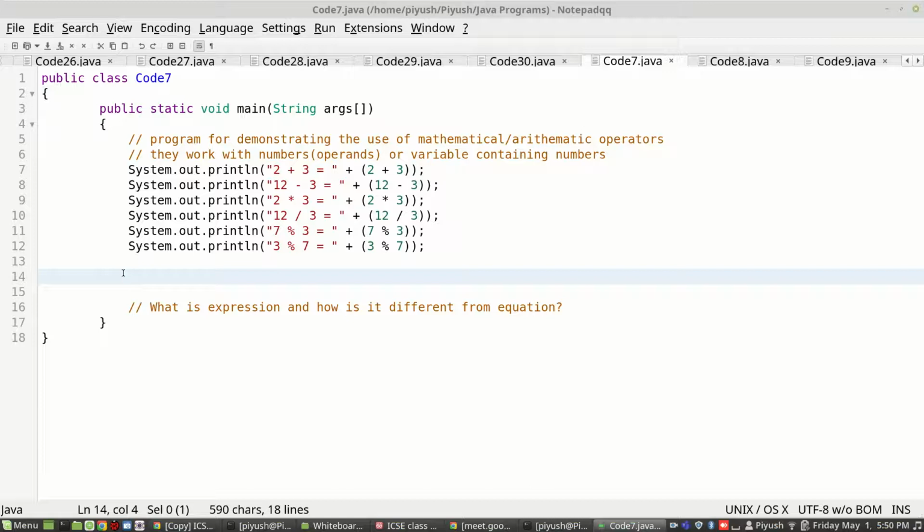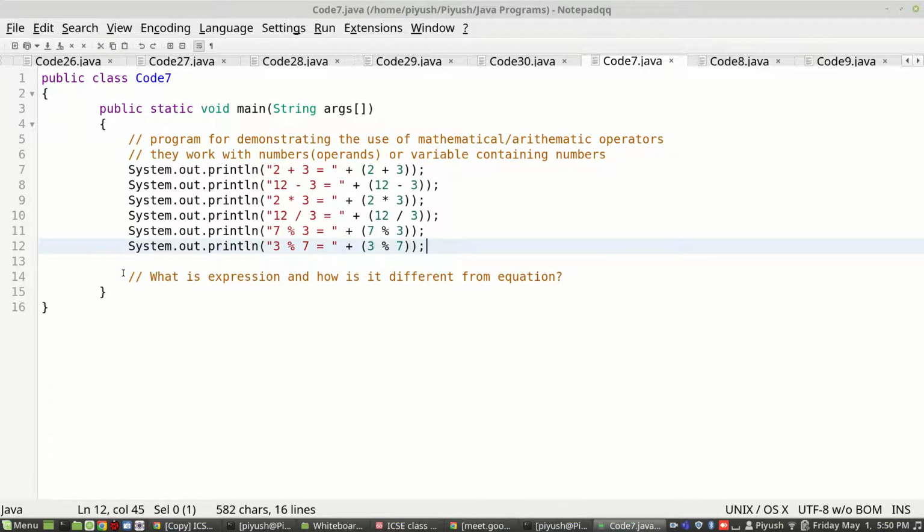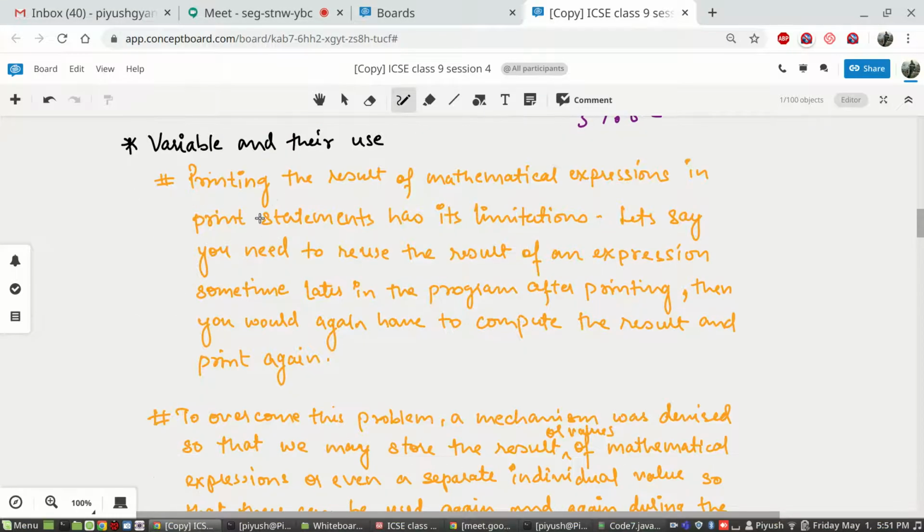So the problem here will be, you cannot reuse the values of expressions that you are printing inside System.out.print or System.out.println later on in the program. If you want to use that value, you will again have to write the entire expression, which again has to be computed, and then it can be reused. So that is again one of the drawbacks of the program. Wouldn't it have been wonderful if somehow we could have stored them somewhere so that we could reuse their values? So with this background, we are going to start with one of the topics known as variables